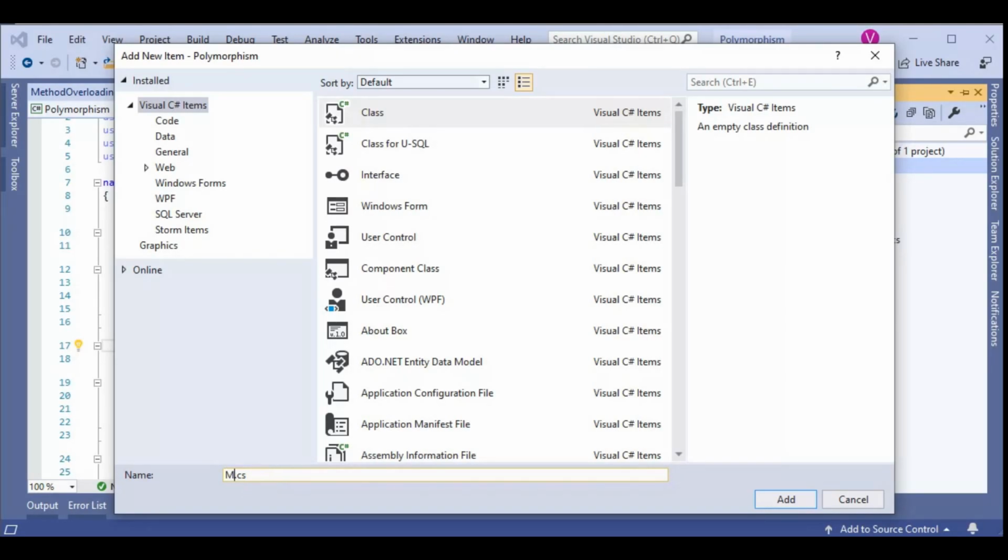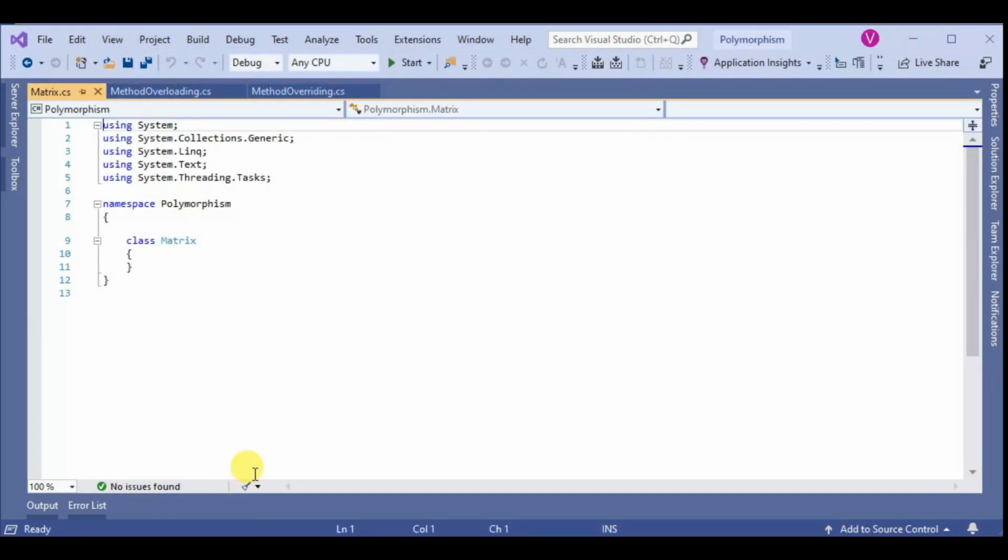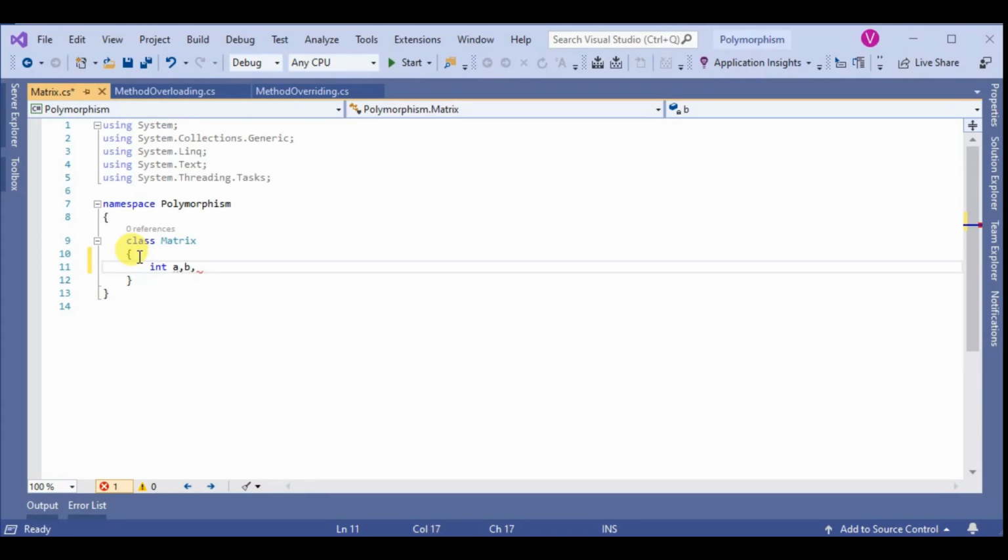So the class name is Matrix. Here we declare integer variables int a, b, c, d.